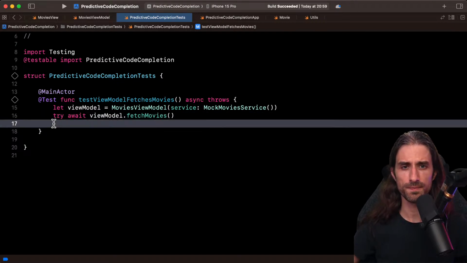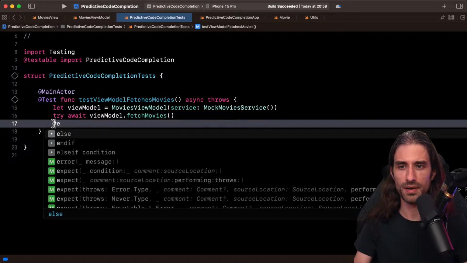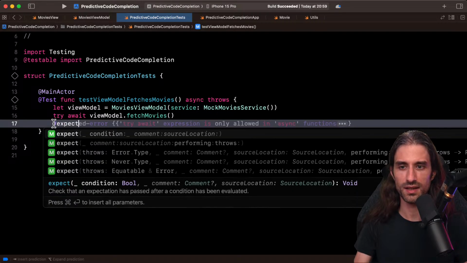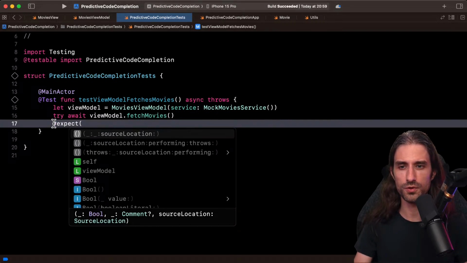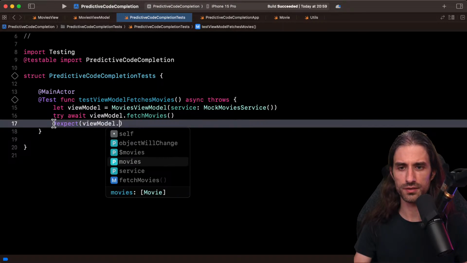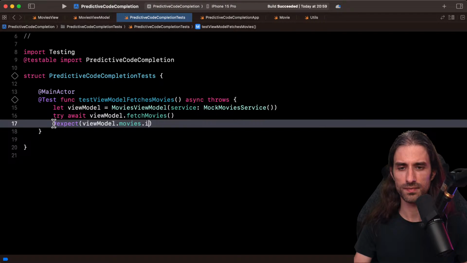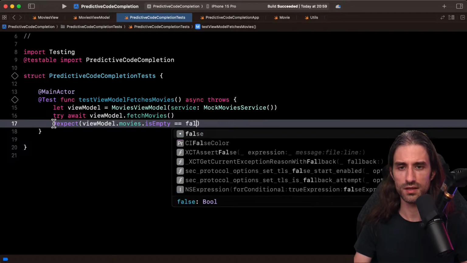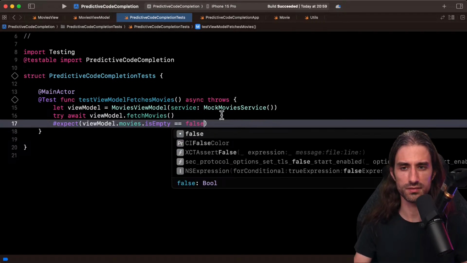So I just want to see what it's going to suggest. Apparently nothing. I'm gonna do pound expect, and then the condition would be viewModel.movies.isEmpty equal false, for instance.